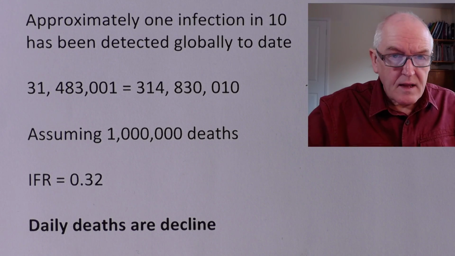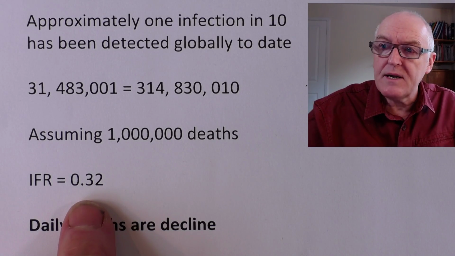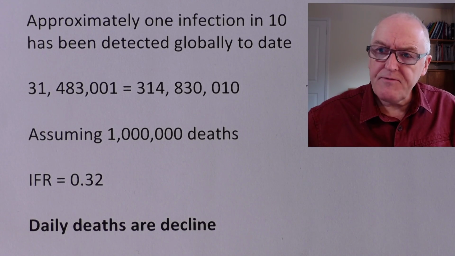There we are. So this infection fatality rate of 0.32% is not too far off from the figures that we've been looking at for the UK, for example. Not too far off at all. Interesting. This could be roughly what the fatality rate is on the mixed world global population. We seem to be getting closer to a figure now.